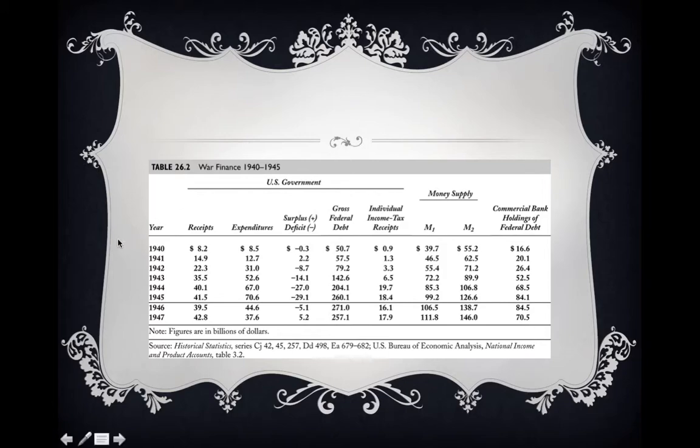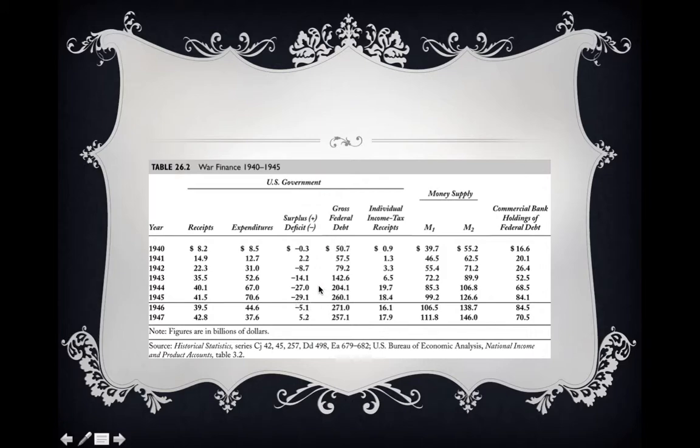This was partially offset by the fact that receipts increased, taxable revenues increased by roughly 5-fold. So we see that the federal government is raising 5 times the amount of revenues, but expenditures are outpacing that. Expenditures are increasing roughly at a rate of 9-fold during that time period. So that's going to necessitate the fact that there is going to be a budget deficit.